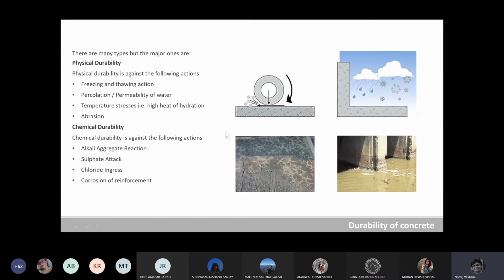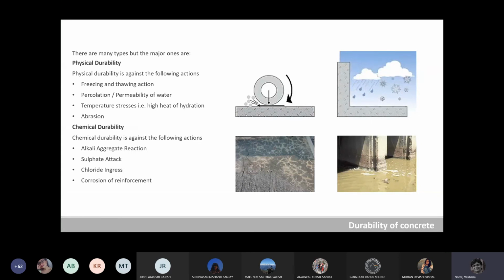Then abrasions. Generally in industrial buildings, or where the concrete is going to get constant vibrations, or frictions due to machines or vehicles or any equipment, there we have to again treat it properly, otherwise it will require annual maintenance, which is a headache. And again that's why we have to see where the concrete is going to be placed, and accordingly we have to take care of it properly.